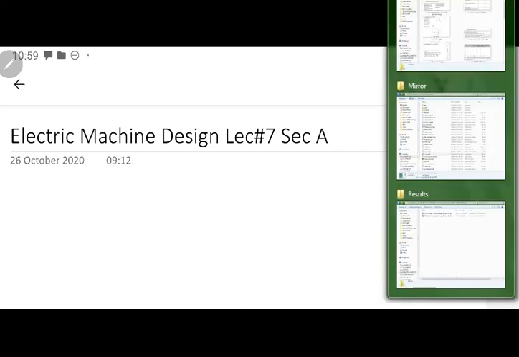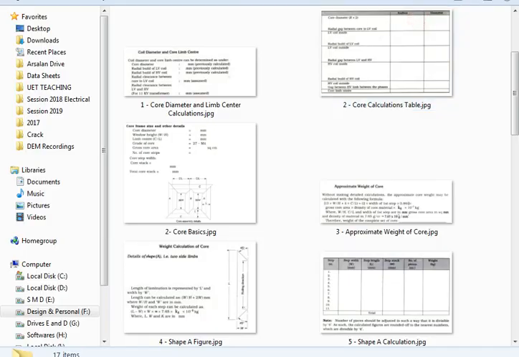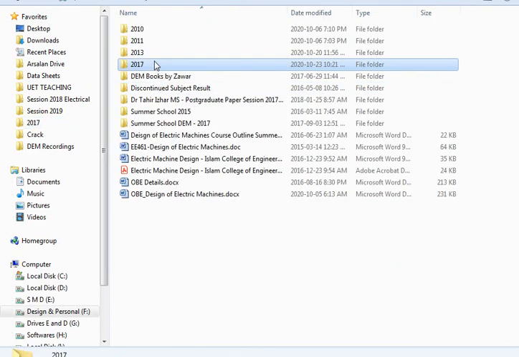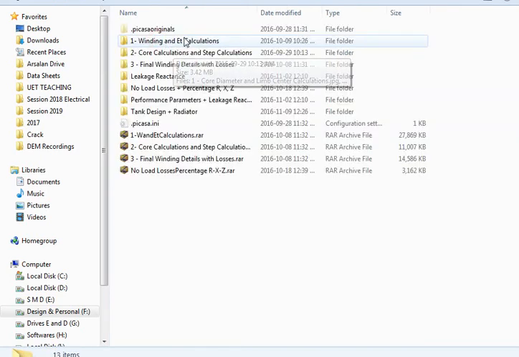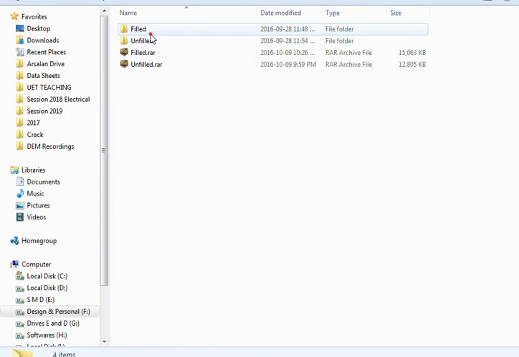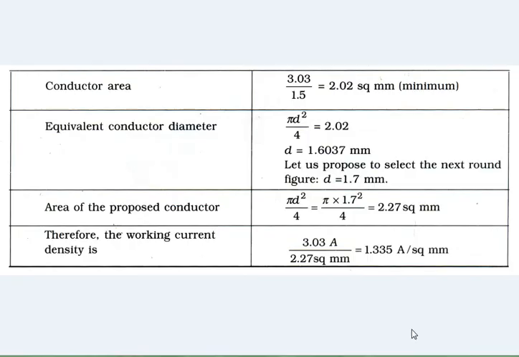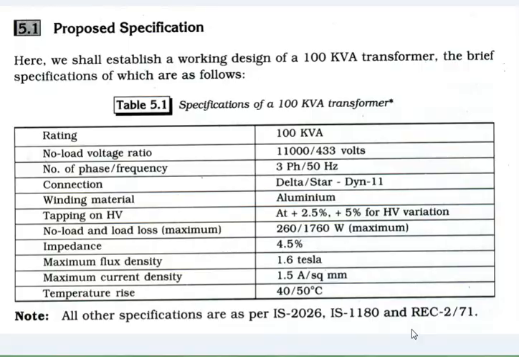We were talking about the calculations, and if I go back to the design over there, since I am sticking to the design which is being done in the book, the first thing we did, if you remember, was the whole winding calculation. I will go through all this at a fast pace. This was the transformer.